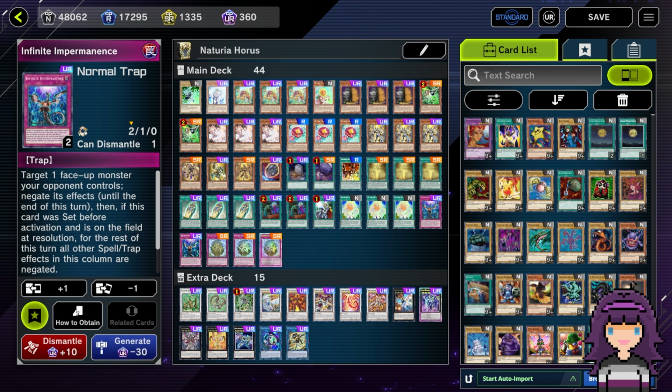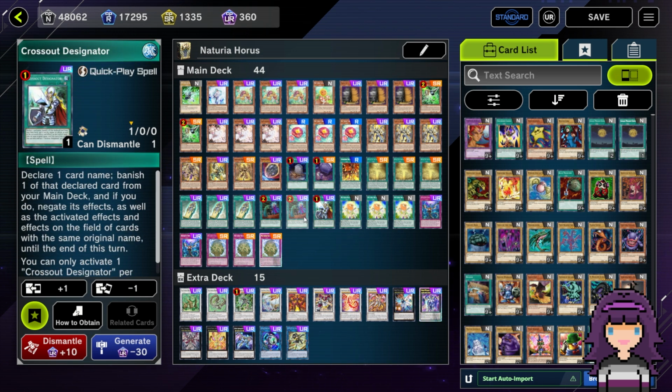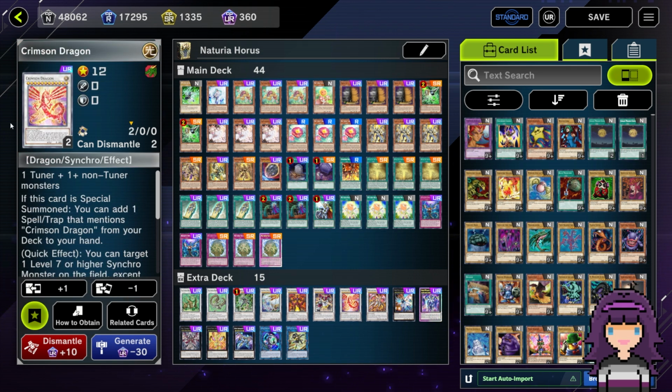I'd cut at least one of the Imperms for another Veiler, if not both. But I like the idea of having one Imperm for a Cross Designator target as well. Let's see here. But yeah, so after you summon the Brave Musaro, of course, you're going to use Crimson Dragon